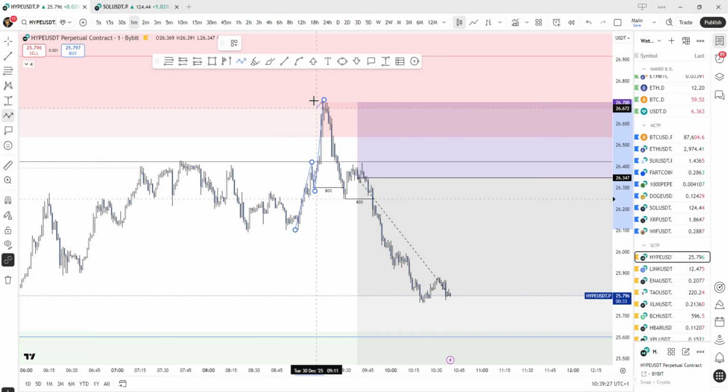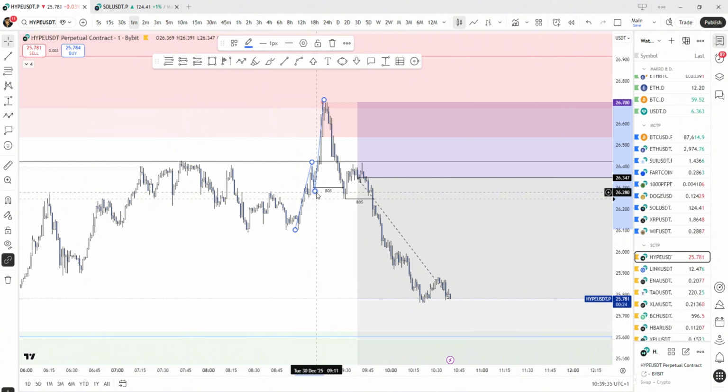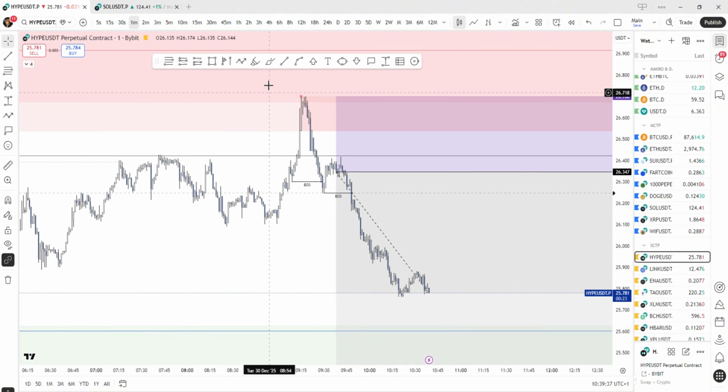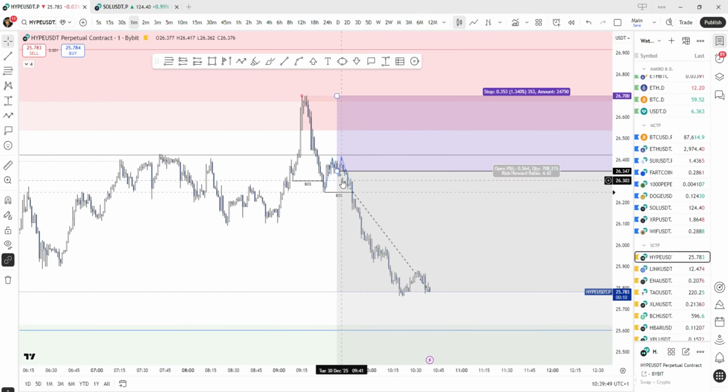I don't like when you have to travel that much to just break structure, and it broke it one candle and shot back up. So I was looking at level 2 breakout structure. Again, level 2 breakout structure is when you go down, up, and you break here. I wanted to enter here,